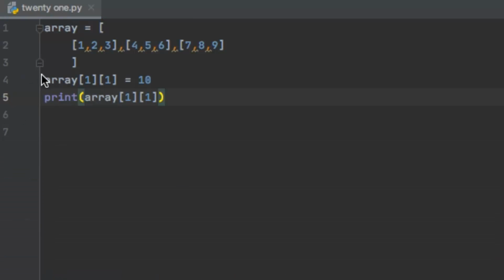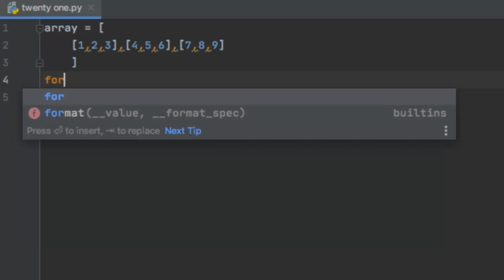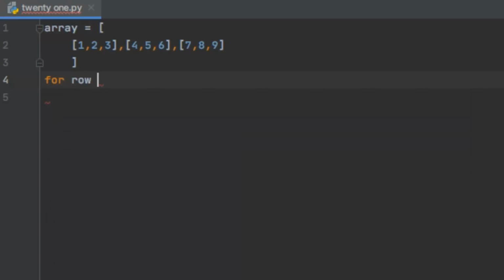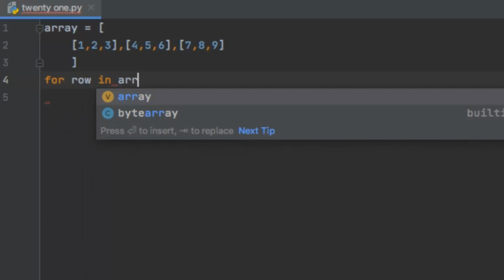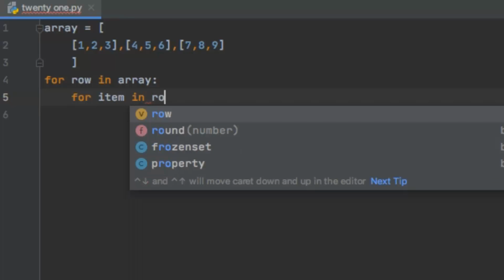Now you can also use a nested loop to access all the elements of your two-dimensional list. So how do we use a nested loop? Let me show you. I'll say for row in array. This would iterate over the rows, and the nested loop is for item in row.